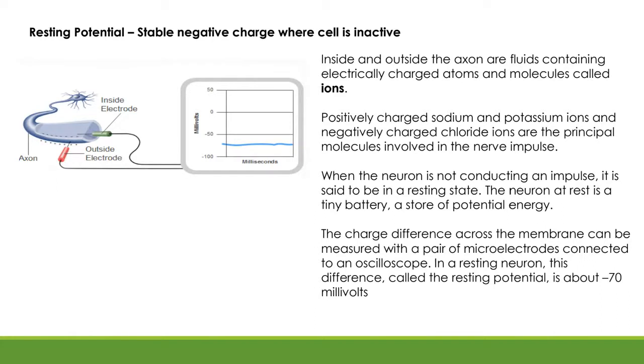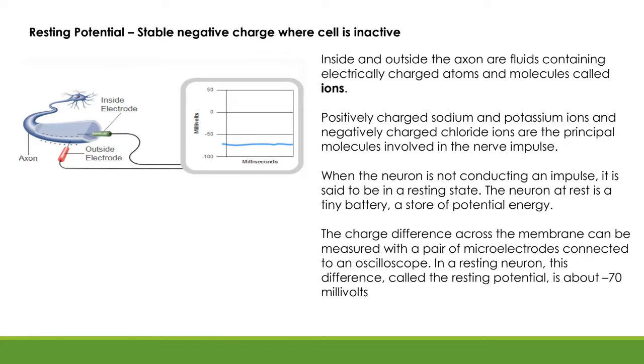So on the outside of the membrane, we've got sodium, positively charged, and on the inside, we've got negatively charged potassium ions. And there's usually more negatively charged on the inside than there are on the outside, okay? And that means that there's a state of polarization. So when a neuron's not busy conducting an impulse, it's said to be at a resting state. The neuron is resting, it's waiting for something to happen. The positive sodium ions are sitting on the outside, the negative potassium ions on the inside. Everyone's just hanging there and we're resting.